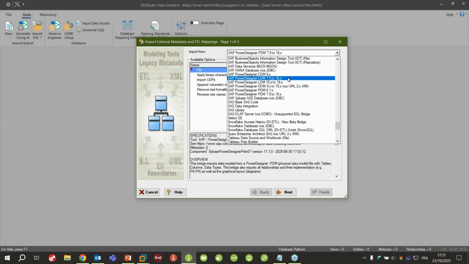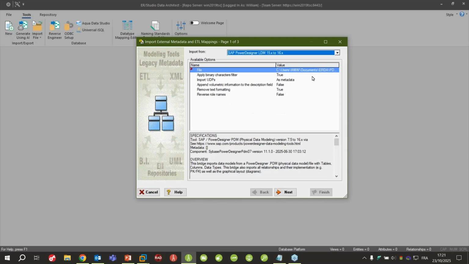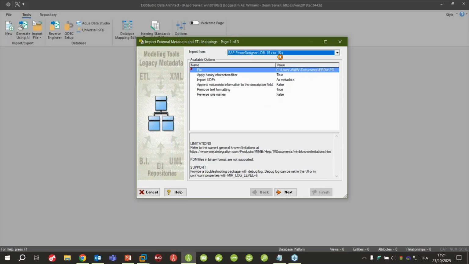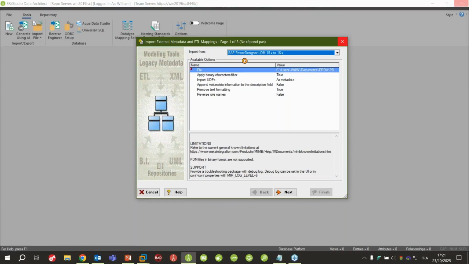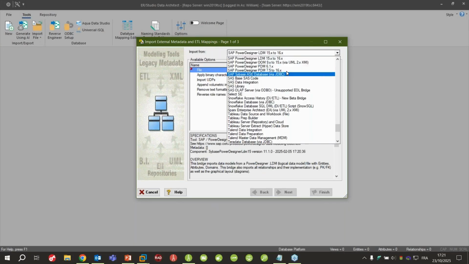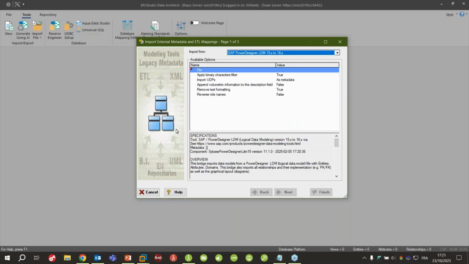To import a project that has been created with Power Designer, you will import your conceptual data model using this specific bridge, your logical data model with this one, and you will select the physical data model with the PDM one that is available. So depending on the version, you will select the one that matches.